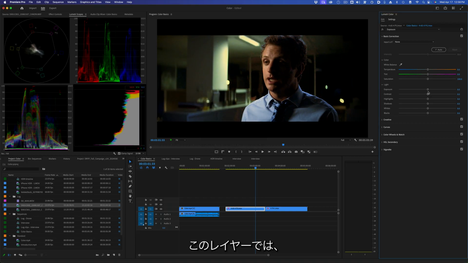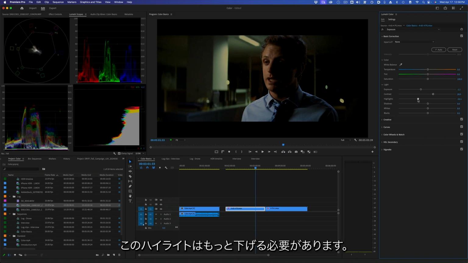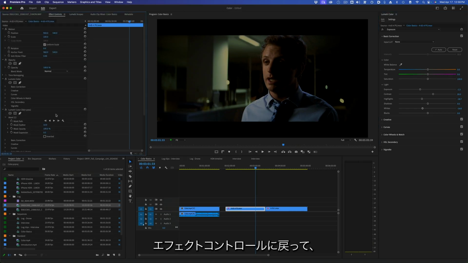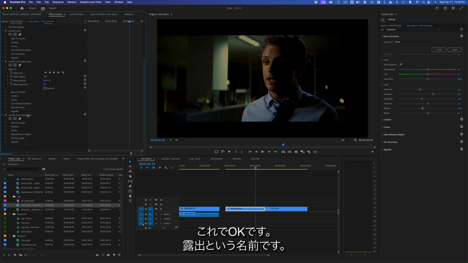And for that one, I am going to bring the exposure down, and I'm just paying attention to that back wall there. I'm going to play with the contrast a little bit. Those highlights need to come down a lot. There we go. So I'm just going to bring those down like so. And again, we can go back to effects controls and find that Lumetri color effect. There we go. It's called exposure. I'm going to put that one on the top,